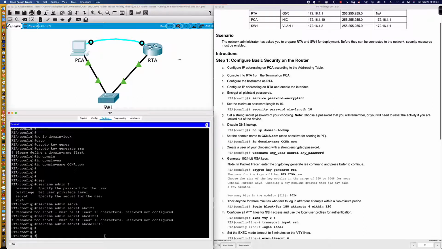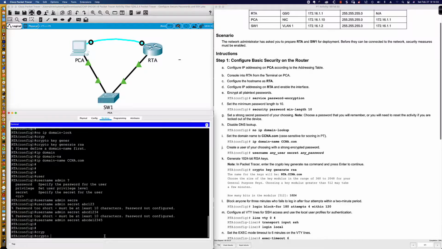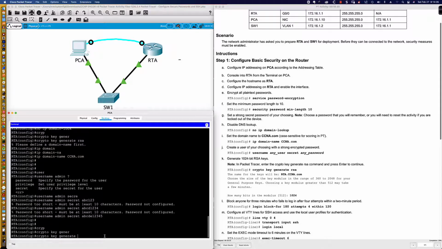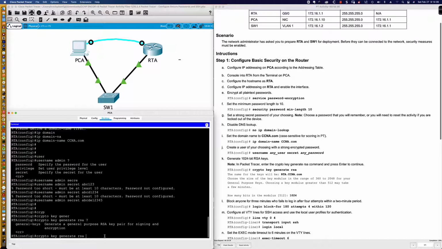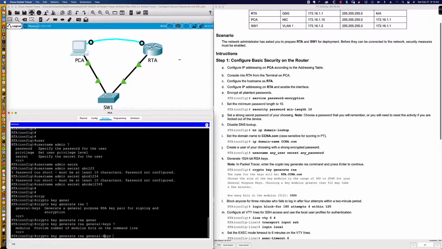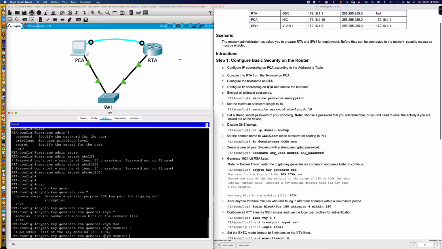All right, so we left off there. Now that we've got the domain name, I can say crypto key generate rsa, and here they have you simply hit enter. Now, you can see I could say something like general-keys, and then do the modulus, and then put the value in. But they simply want us to name the keys. Let's pull it back here. They want us to provide